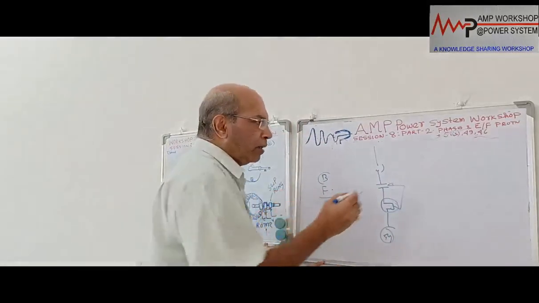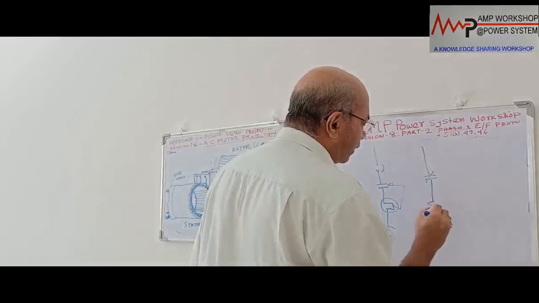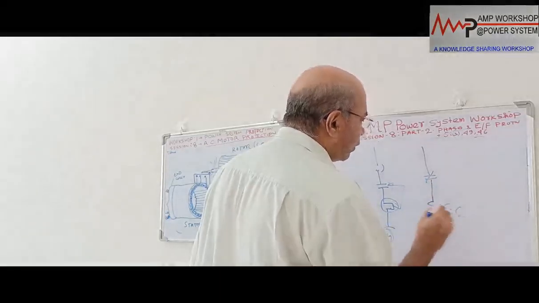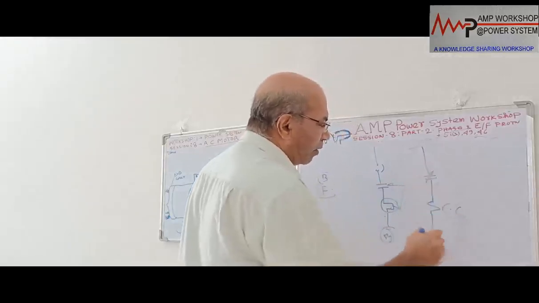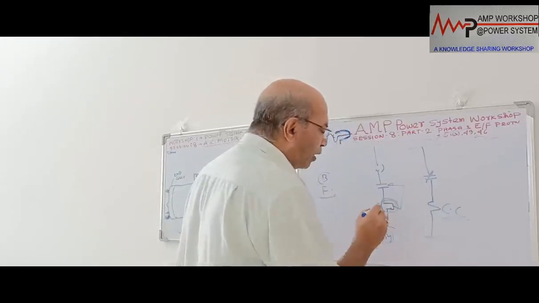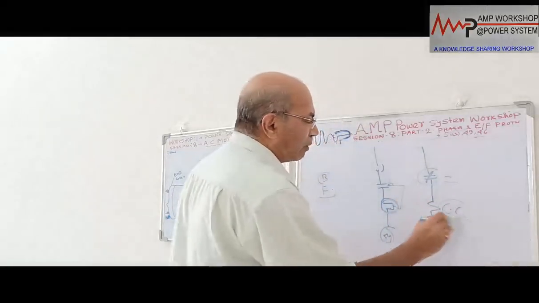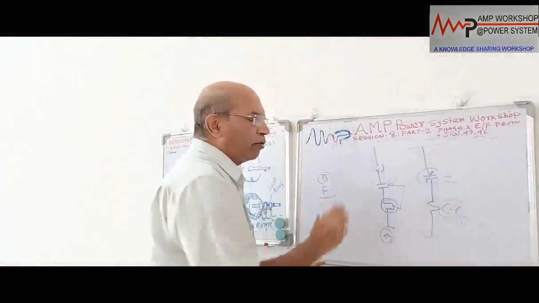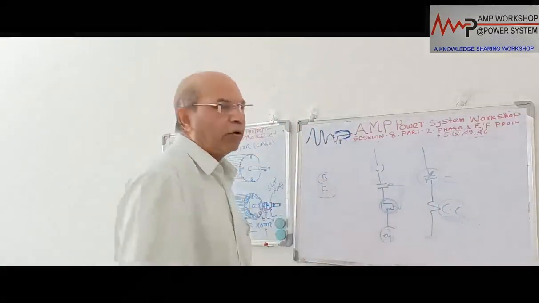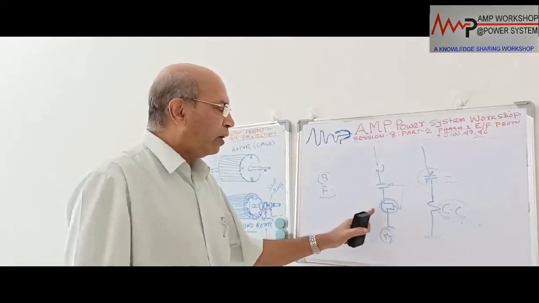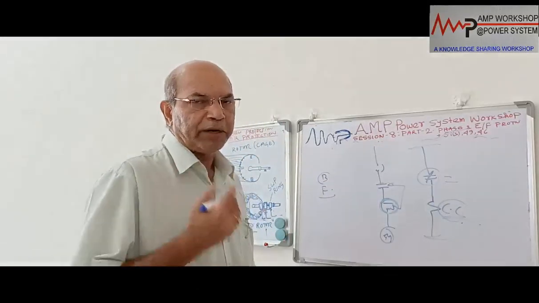If you see the closing coil of the contactor, there is an overload relay NC contact in series with it. Normally this is NC, and so the contactor is closed, getting power this way. The moment this overload relay operates, this contact opens. Then the contactor closing coil loses its power supply, and immediately the contactor will open. This way, for a small size motor, we give the overload protection by an overload relay. It could be a solid state relay or it could be a thermal overload relay, bimetallic type.